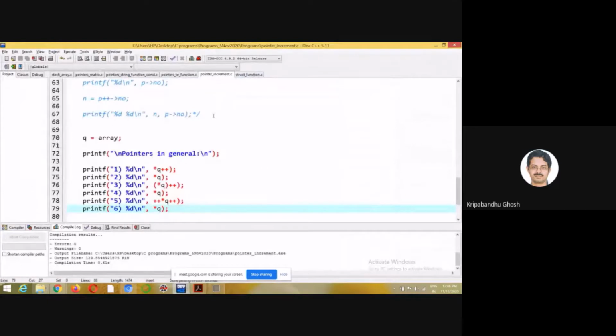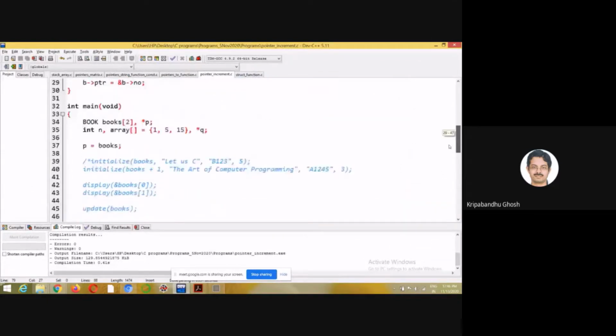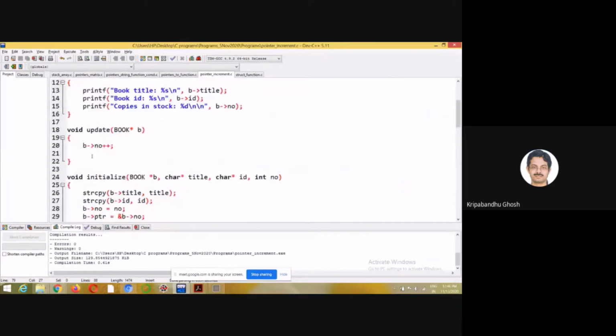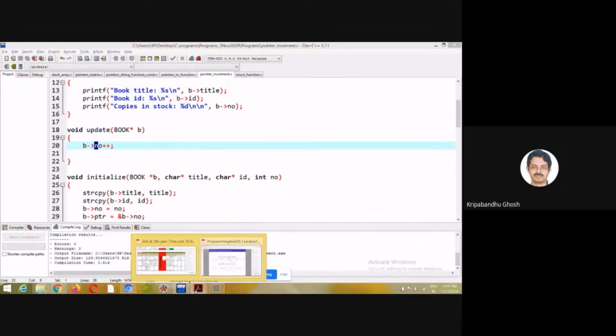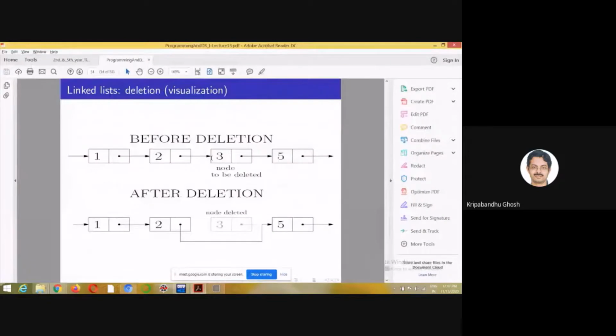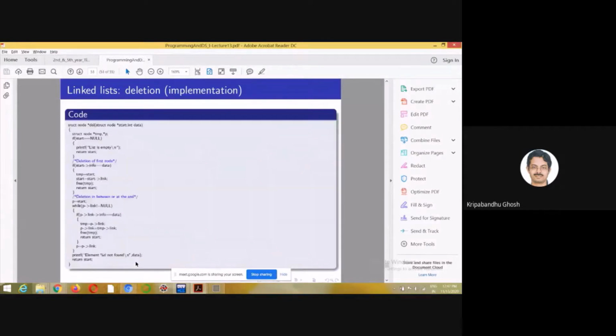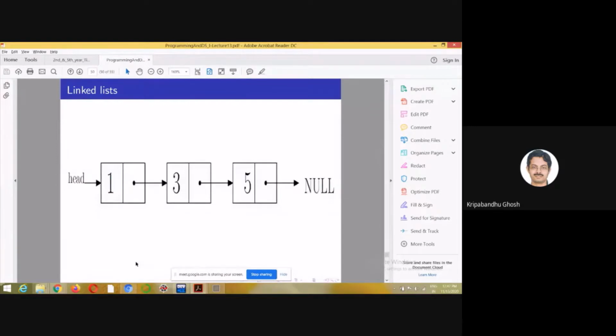If I show you the example here, if I know the starting address of the first element, right? I will be able to access the elements within the structure, right? Since I know this starting address, I will be able to know this link. From this information, I will change this link to this link, so I will point to this location. So this is how you can best make use of structure and pointer at the same time.